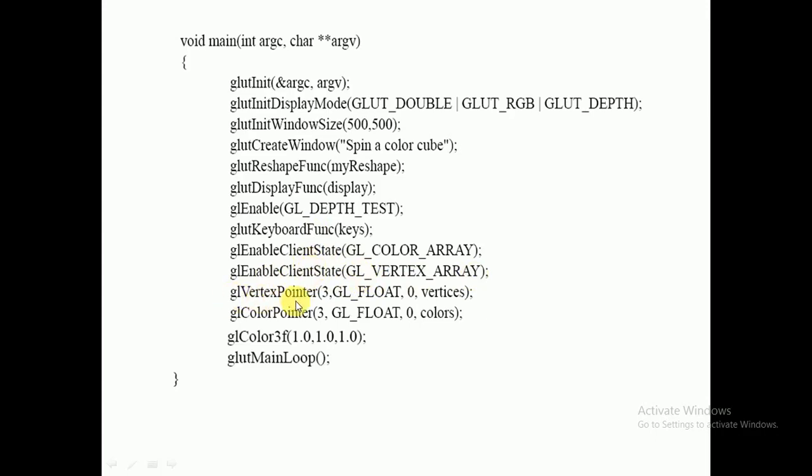Then glVertexPointer. Whenever you are drawing with these arrays, in the display function where we draw, what format do you have to use?